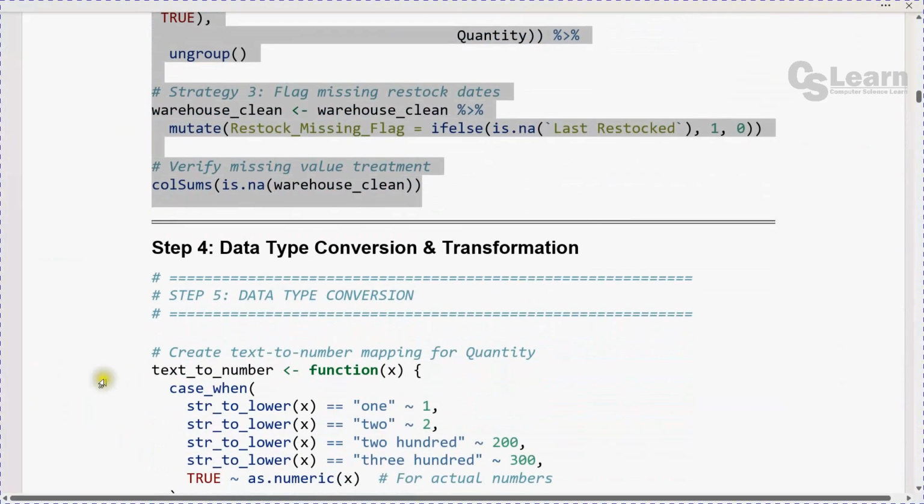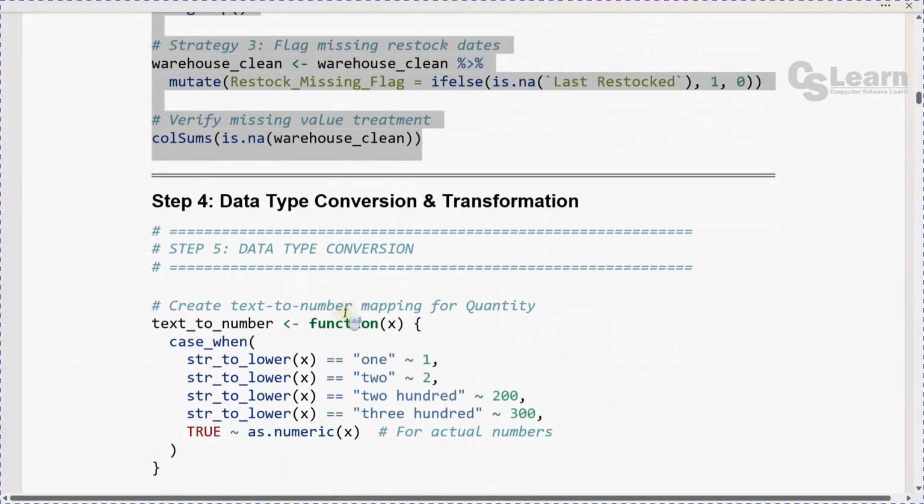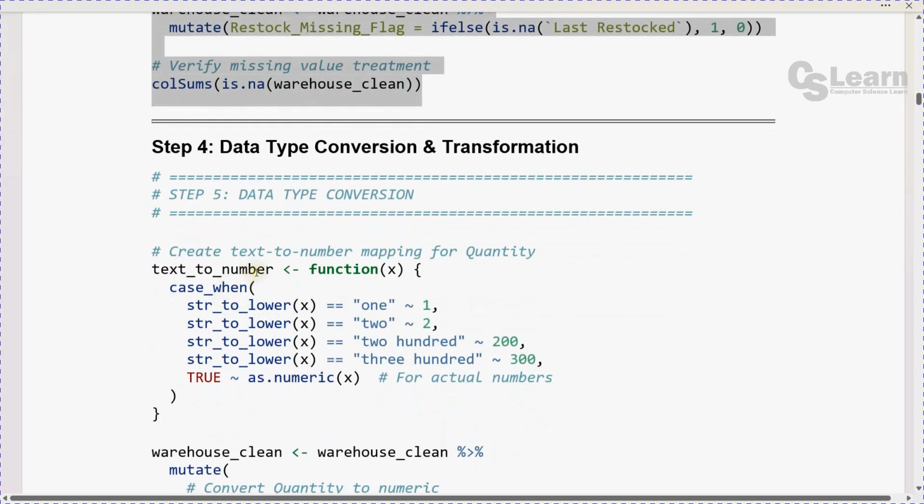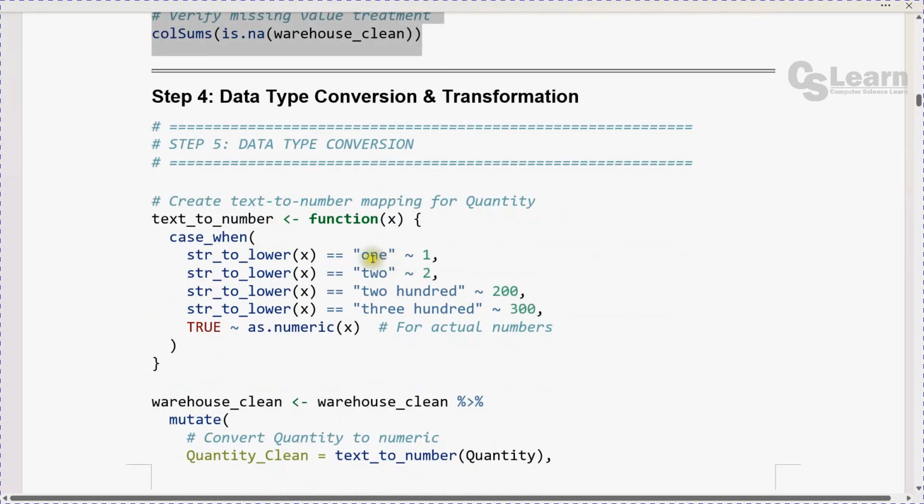And data type conversion and transformation. So create a text to number mapping for quantity. For example, here you need to convert 200 in this is to 200, this is to 300. There is no 300, but if it is there. Okay, first